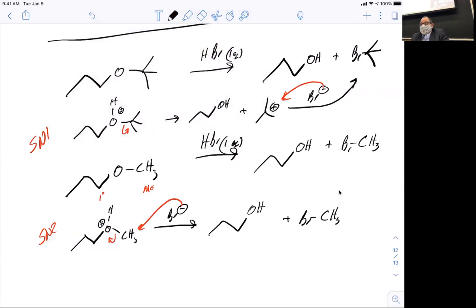Okay. So when we're looking at one equivalent, we have to decide whether it's an SN1 process or an SN2 process. If it's an SN1 process, the one that would make the most stable carbocation is going to end up with the alkyl halide. If it can only go through an SN2 process, then the one that would react faster in an SN2 process will be my alkyl halide. Okay, and that gets us